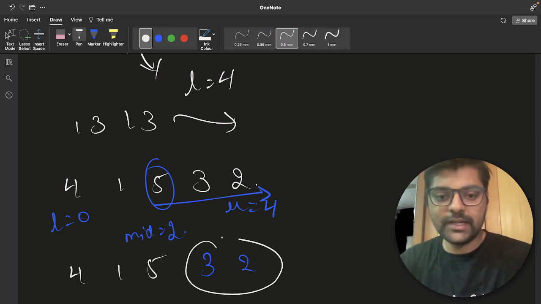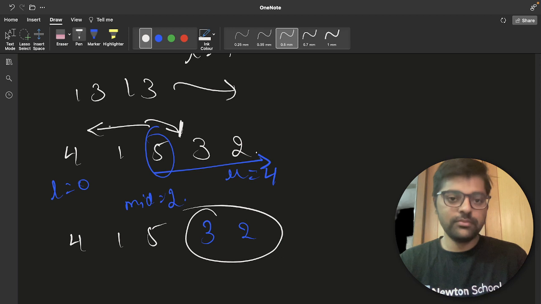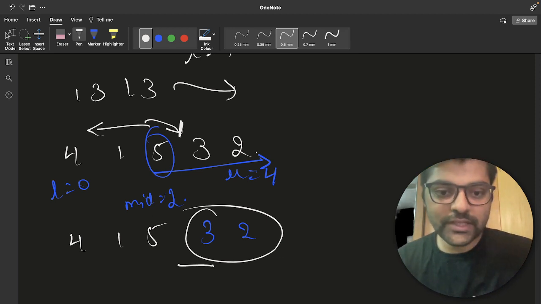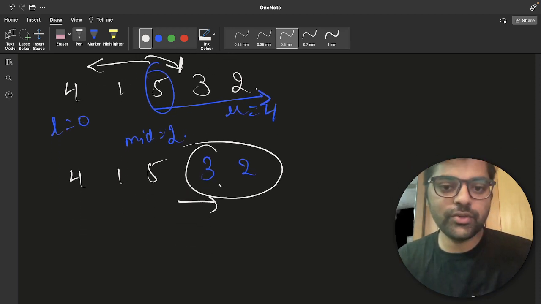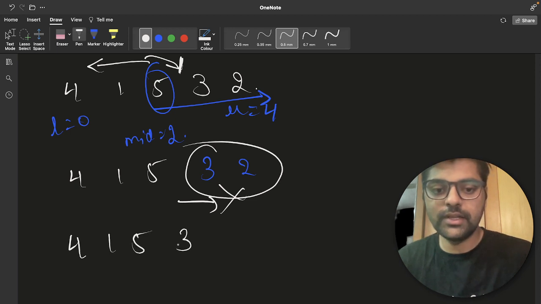We will check on this side. Is it non-decreasing? If you know that this is not non-decreasing, then this also won't be non-decreasing. So we will check on this side, right? 4 1 5 3 2. Is it non-decreasing? No. Then we know that we will have to make it 0 as well. Then we will check on only this.